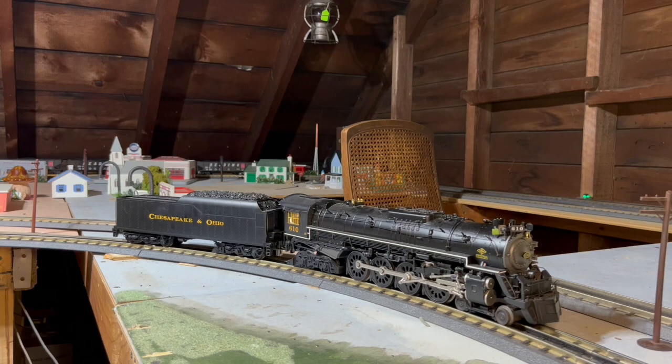All right, the 614 was built in June of 1948 by the Lima Locomotive Works. The Class J's purpose was to pull express passenger trains, such as the George Washington and the Fast Flying Virginian. It was retired from active service and was preserved